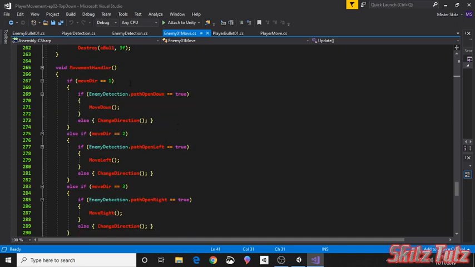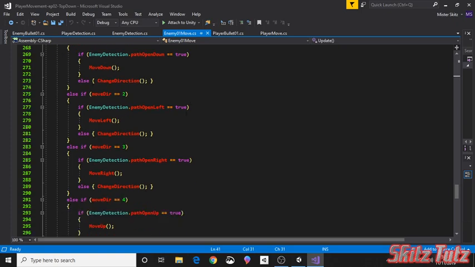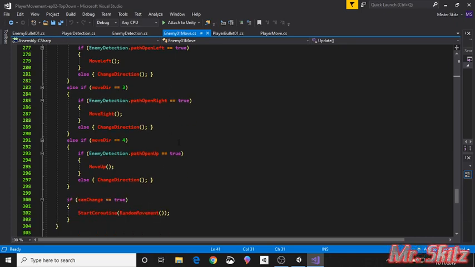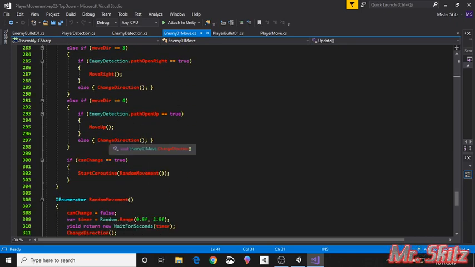The movement handler is, if move direction equals 1, then we'd want to check to make sure that down is open, and then we'll call the move down. Else, if the path open for the down is not true, we'll change his direction. And that's basically what we do for 2, for 3, for 4,